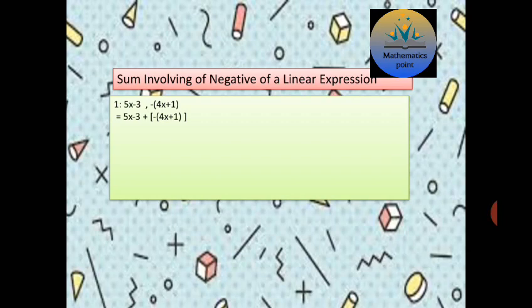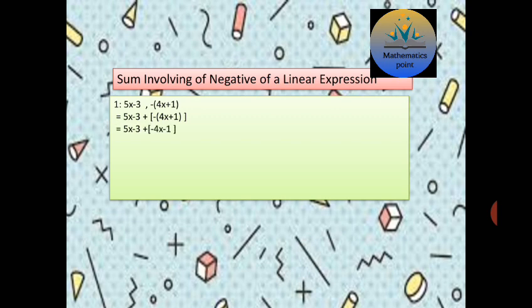So for the sum of these two expressions, we have to insert one extra bracket. As you can see, I just inserted one extra bracket, that is a square bracket, to differentiate between the two signs. 5x minus 3, as both expressions are going to be summed up, so instead of the comma we use the plus sign, and then one extra bracket, that is a square bracket, we use here because it differentiates that the plus sign is multiplied with the minus sign.